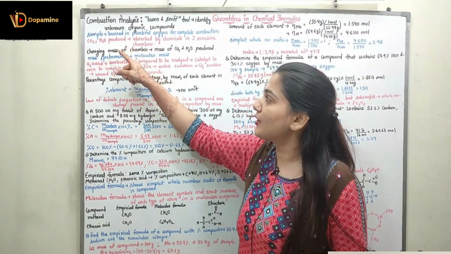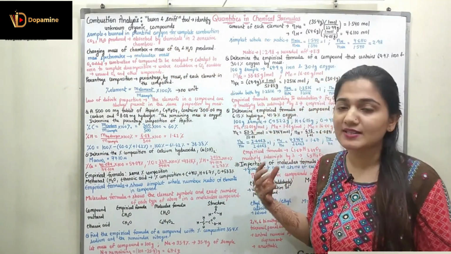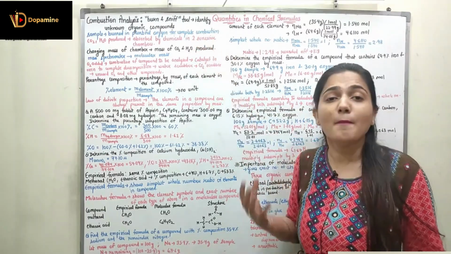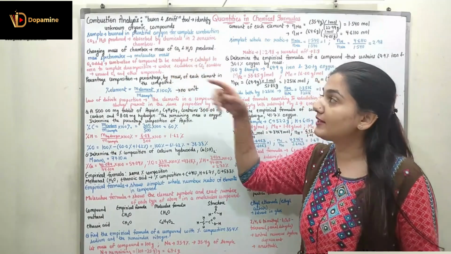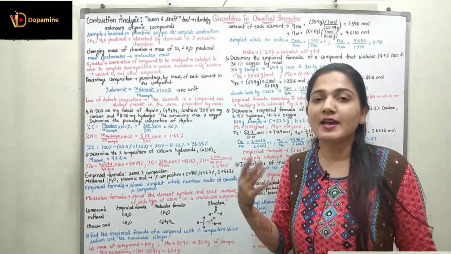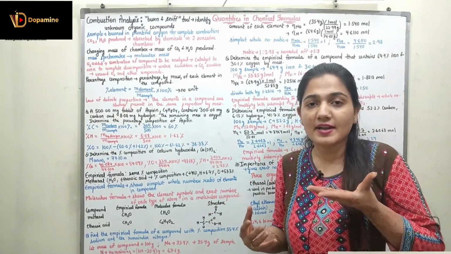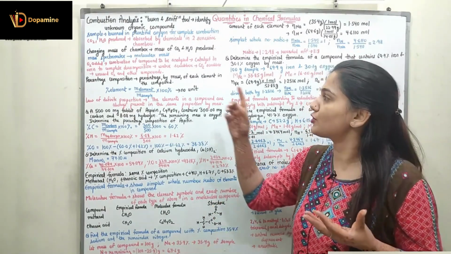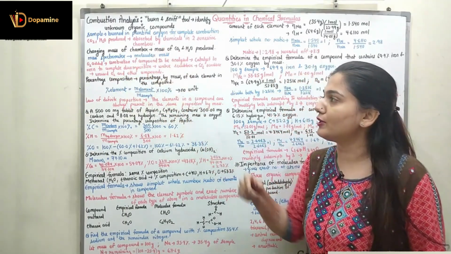Now, these carbon dioxide and the water vapors are absorbed by chemicals in two successive chambers, and when these are absorbed, the mass of the chamber will change, and when the mass of the chamber will change, we can calculate the mass of CO2 and H2O produced as the changed mass. The initial mass is subtracted from the final mass, right? So final mass would be the higher mass and the initial mass of the chamber is subtracted, we will get the mass of CO2 or H2O, right? So again we can use the mass spectrometer also to find out the molecular mass.